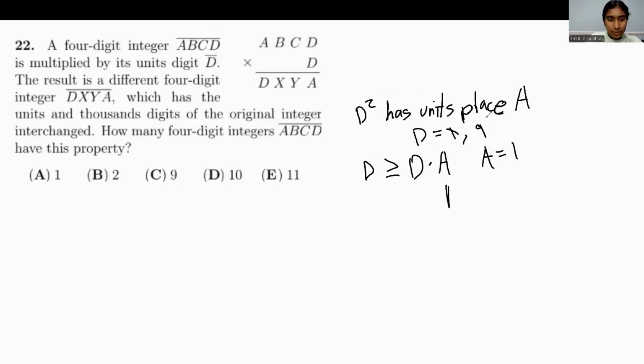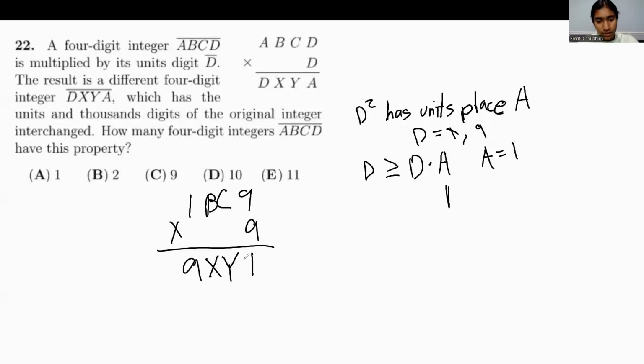So let's write down what we do know now. We have 1bc9 times 9 equals 9cb1. So while we're looking at this, we have 9 times 9, 81. So we've got a carryover of 8, which means that 9 times c,